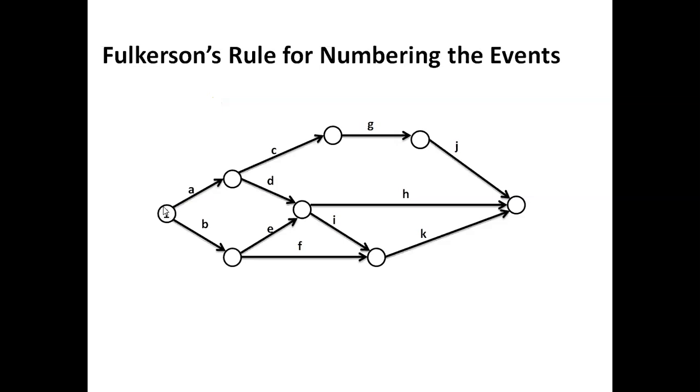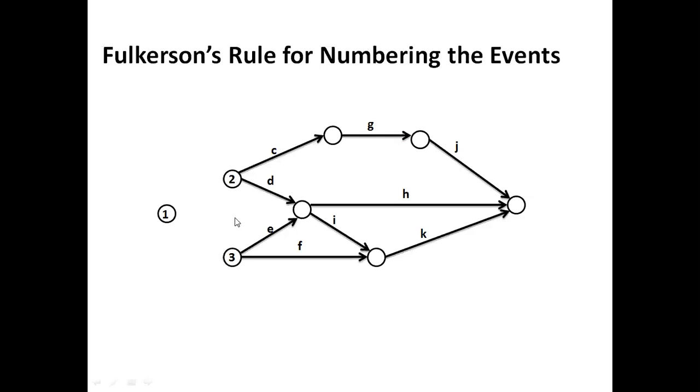The numbered event is this now, and whatever outgoing arrows A and B are there, let us remove them. After removing these, there are two more initial nodes that have been created. This is one node and this is another node. Initial node means what? There is no incoming. So there is no incoming for this and this. Let us give the next number. After one, two will be given to the node which is at the top, and the next number, three, will be given to the next node, which is at the bottom.